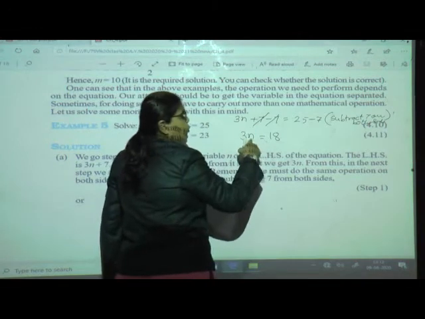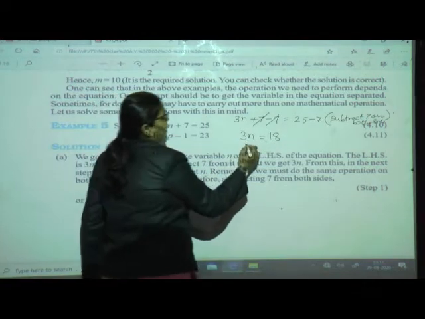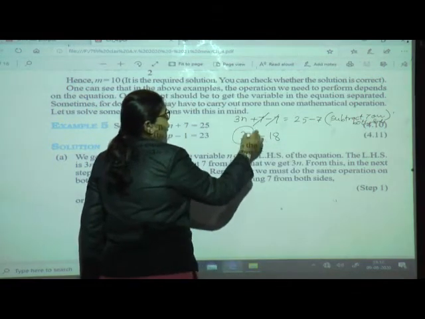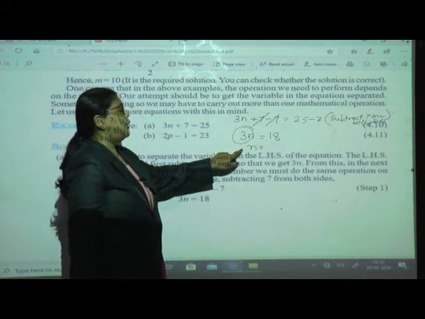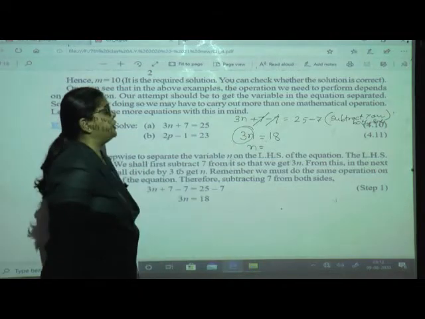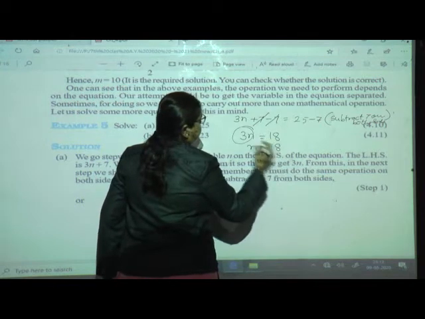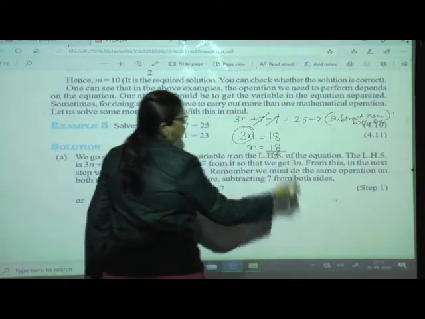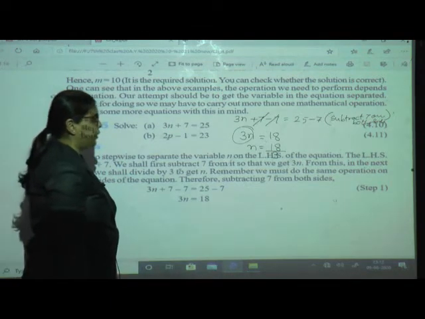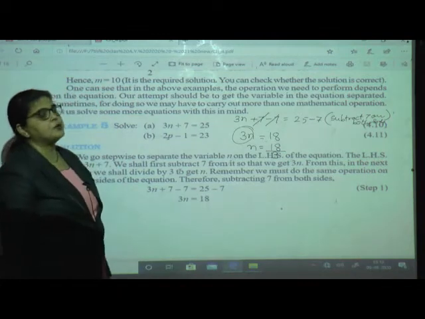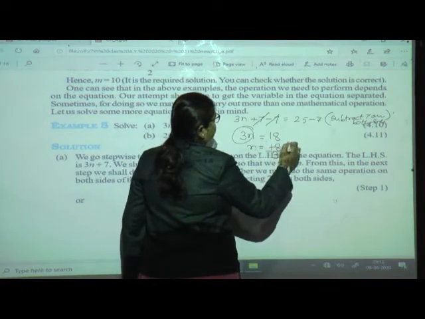Now we have to separate this variable, that is n. I had already told you that when it is multiplication, to find out the value of a variable, we just have to divide. Here the equation is equal to 18. Here it is multiplication, so we have to divide. So n is equal to 18 upon 3. If it is possible to reduce, we can reduce. 6 3s are 18. So we write 3 1s are 3, 6 3s are 18.